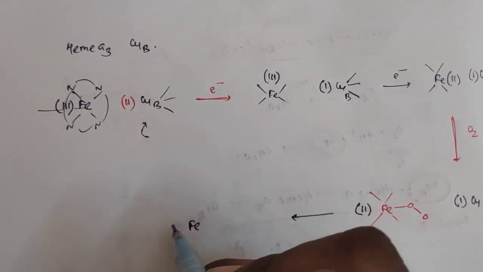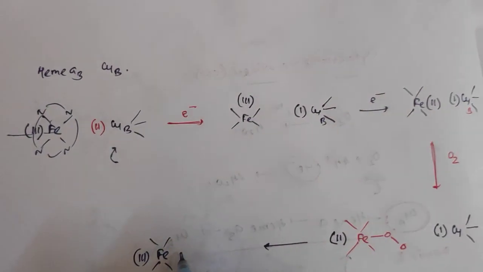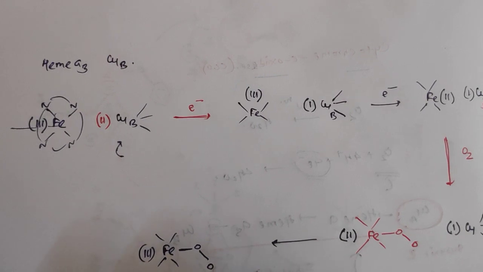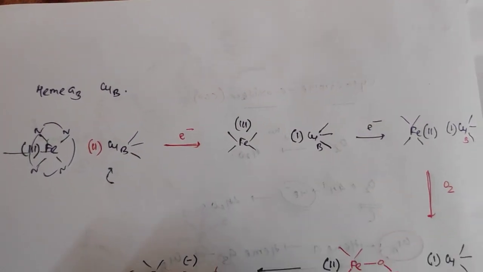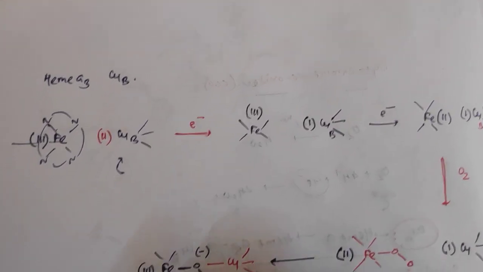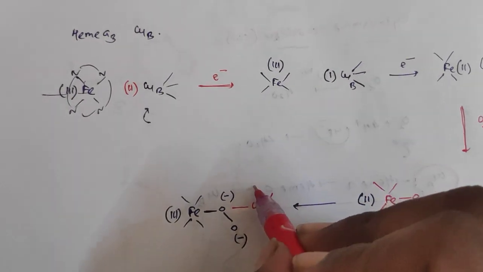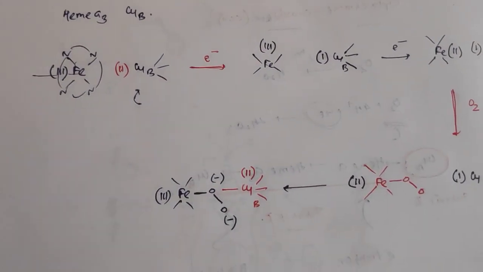So the iron 3 will form bound with iron porphyrin ligand, and that part O-O minus. Okay, and it will coordinate with that copper B, and if it coordinates with copper B, copper will be having the oxidation state 2,